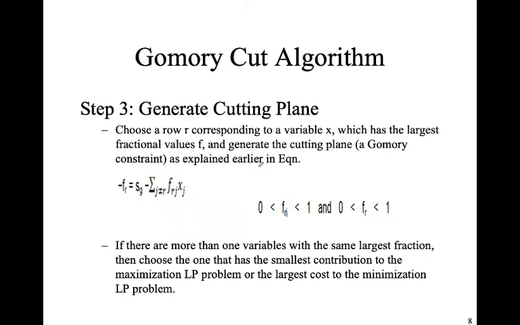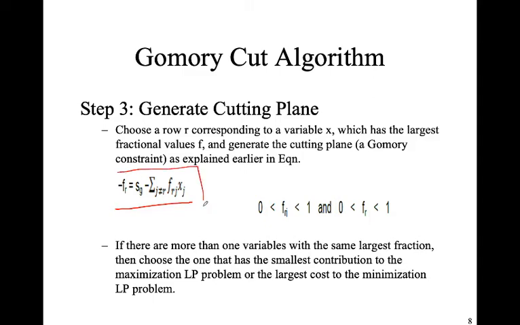And what is step number 3? In step number 3, we are going to generate a cutting plane. And how are we going to generate this cutting plane? We have to pick a row corresponding to a variable which is not satisfying the integer condition. Or let us say if you have more than one variable not satisfying the integrity condition, having fractional values, in that case you have to pick the variable whose fractional value is maximum, and corresponding to that, you have to define a cutting plane. I'll tell you how to define it.